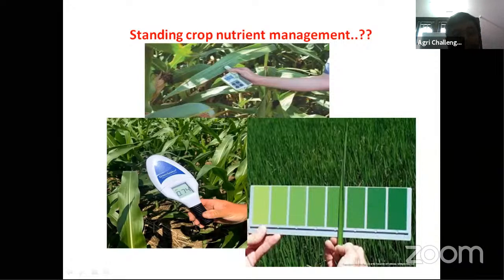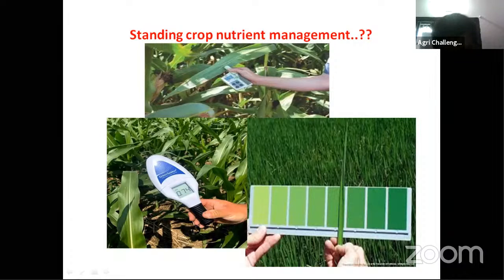But that is generalized, as per your idea. This timing is also generalized. Based on the crop growth stages, there are generalized stages prescribed for a particular crop. At a particular stage, we have to apply nutrients to get optimum yield.